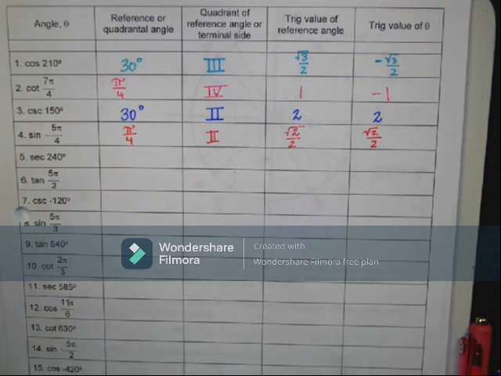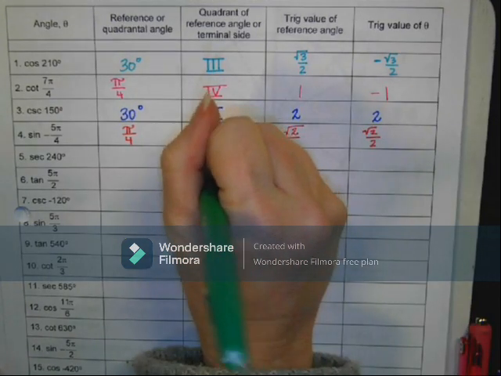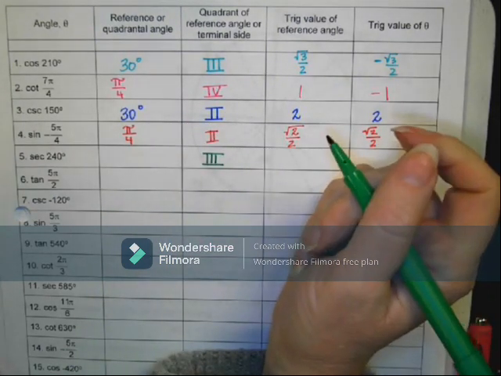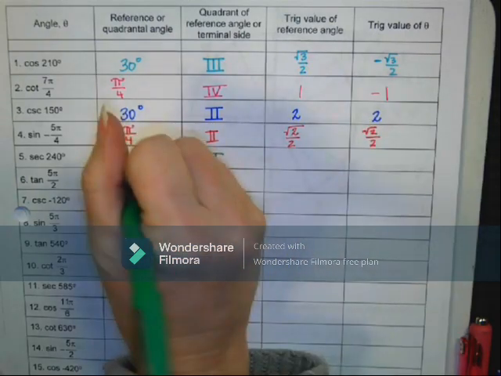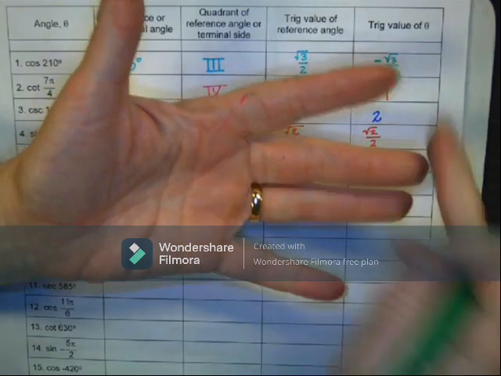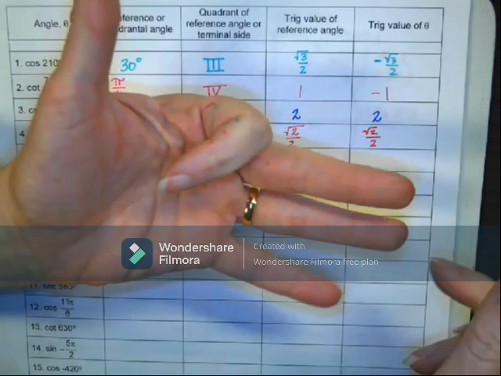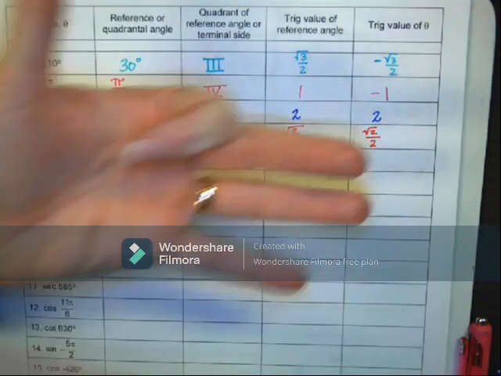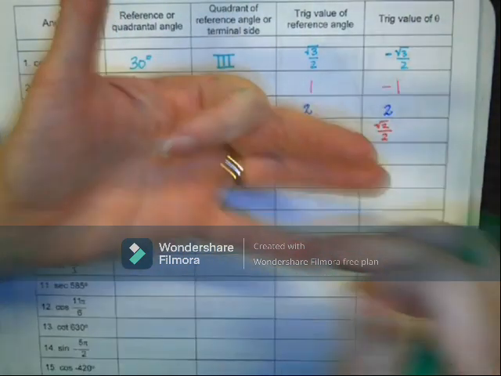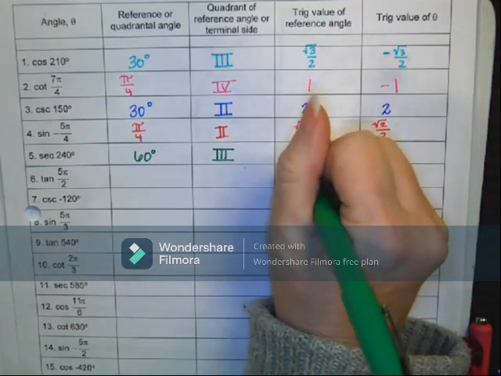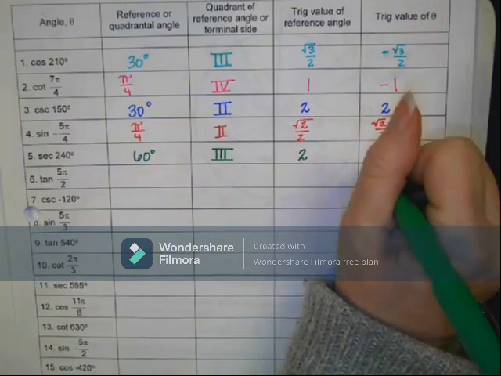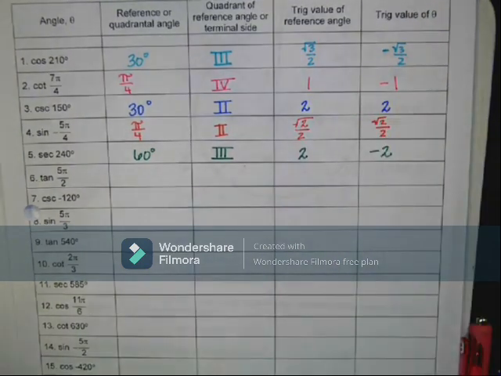240, what quadrant? Reference angle? 60. 30, 45, 60. So that's this one. Secant goes with cosine. Cosine is your x value. So cosine would be 1/2. But I have to flip it over. So it's 2. In quadrant 3, it would be cosine